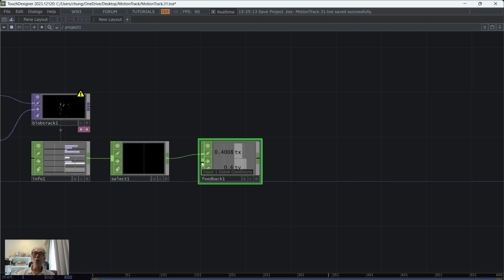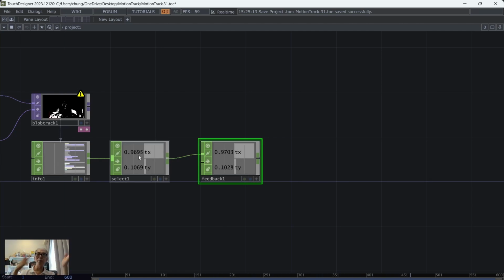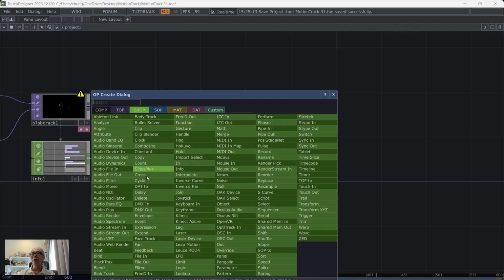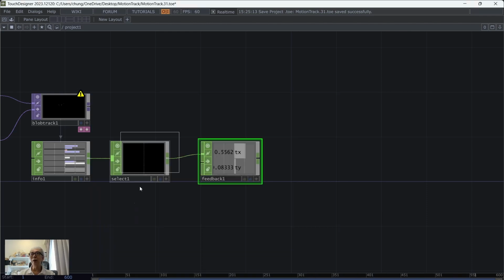And there's another one that we can put into the second input, which is optional. If you don't put it, it will have no signal in the very beginning, but once you have movement, that will store your last signal. But if you want to keep it very, very clean, so that even when you switch on your TouchDesigner project without anyone moving in front of the camera, you still keep a default signal, you can put a constant here,